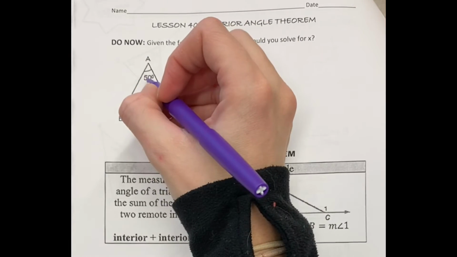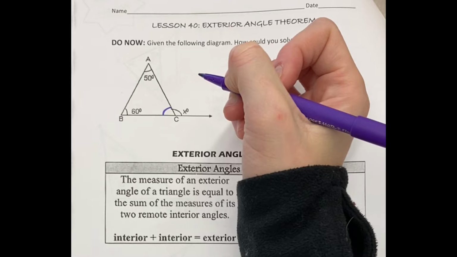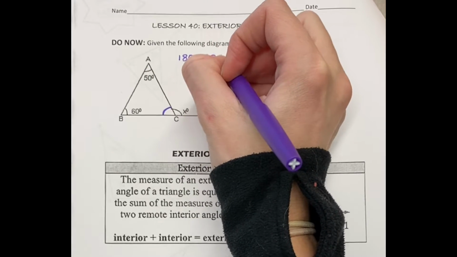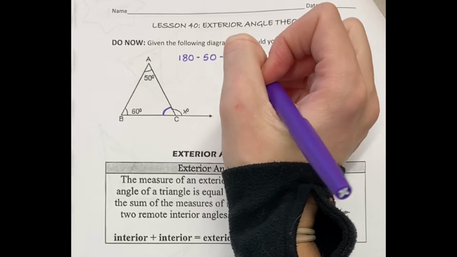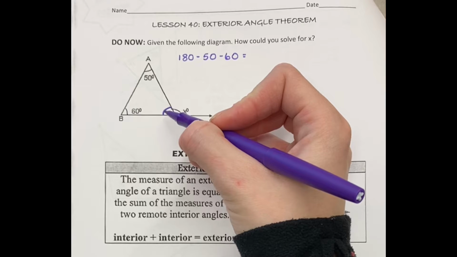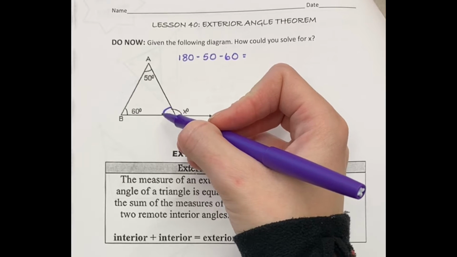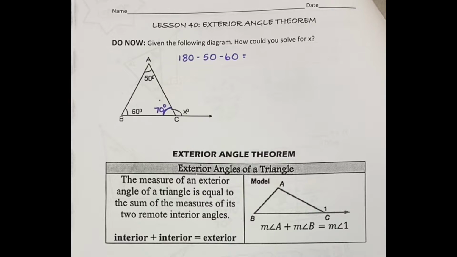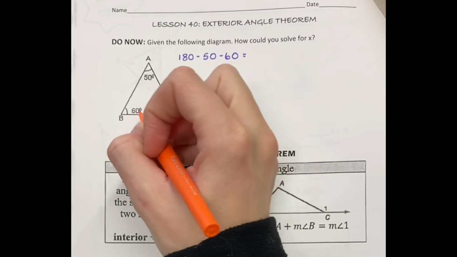So in order to do that, I know 50 plus 60 plus this missing angle needs to equal 180. So if I take 180, I minus 50, and I minus 60, I'll get that missing angle there. So when I take 180 and subtract 50 and subtract 60, I get 70 degrees. So if I know that that angle is 70 degrees, but this angle is x, and I see